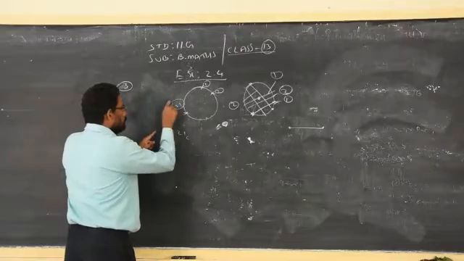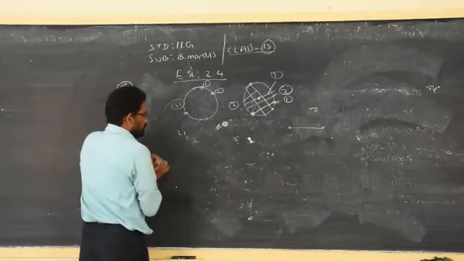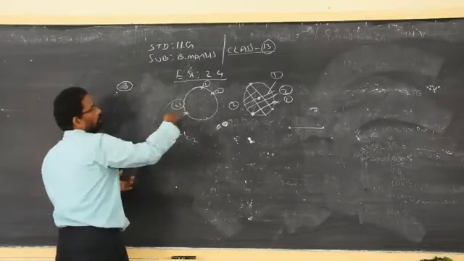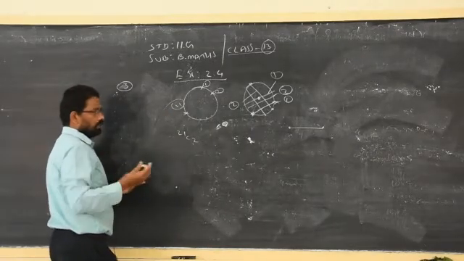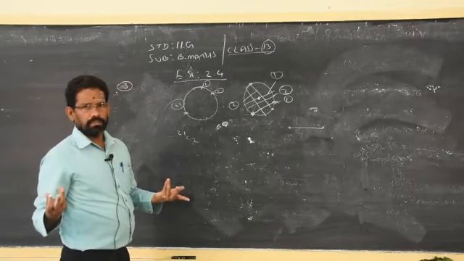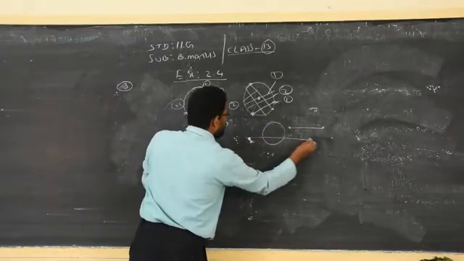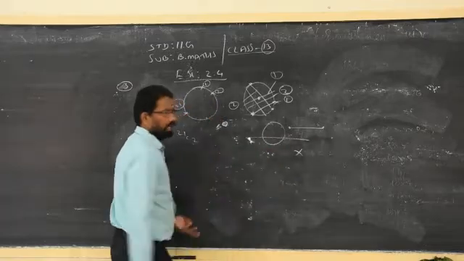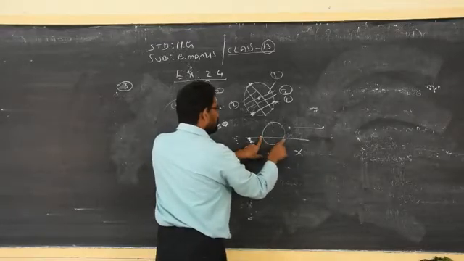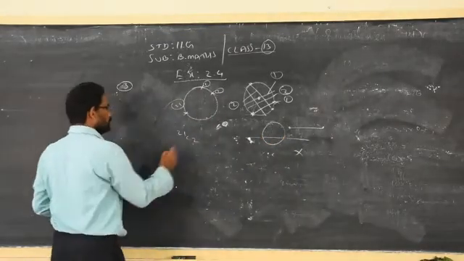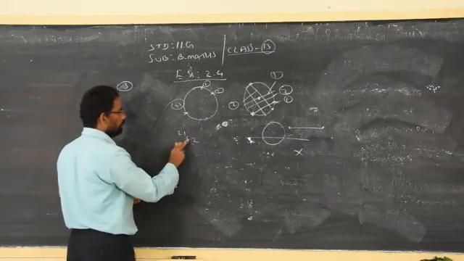So totally we have 21 points. To draw a chord, you must have how many points? Only 2 points are needed to draw a chord. A chord is nothing but a line segment, not a line. A line doesn't have any end points, as you learned in the lower classes. If I draw a line like this, it is not a chord. This is called a line, a line intersecting the circle. That's all. But if I start and stop, this is called a line segment, and the name is chord. Clear? So to draw a line segment, we need 2 ends. Therefore, out of 21, you have to select 2.